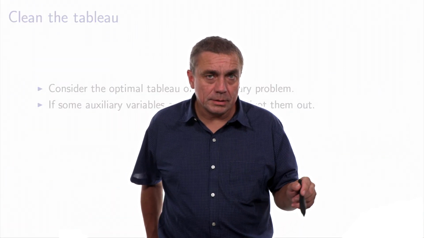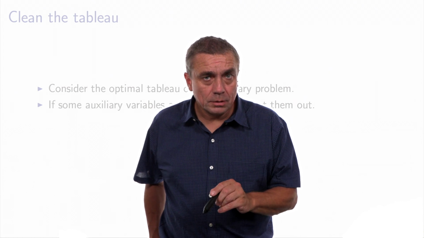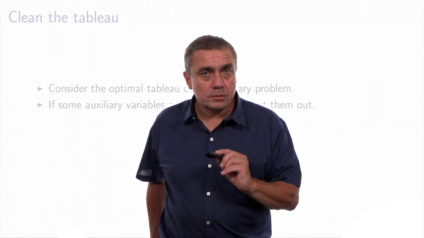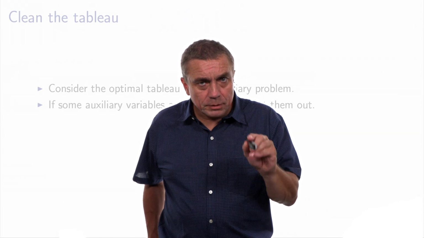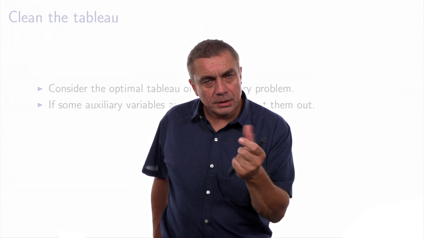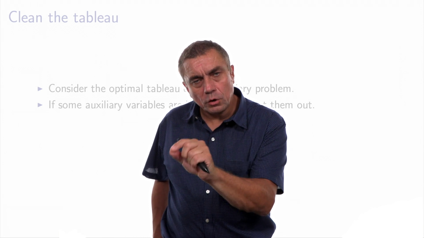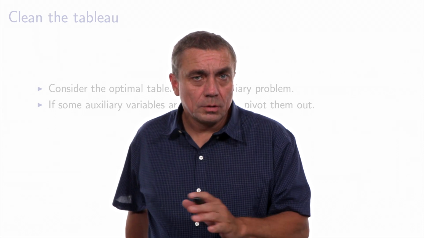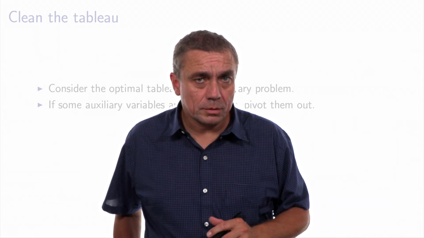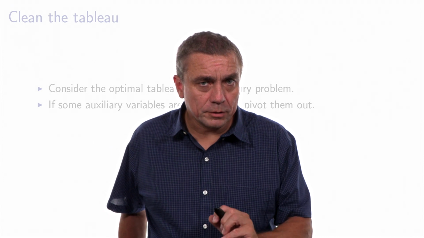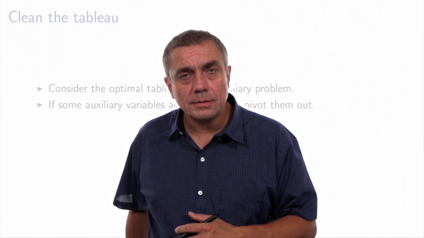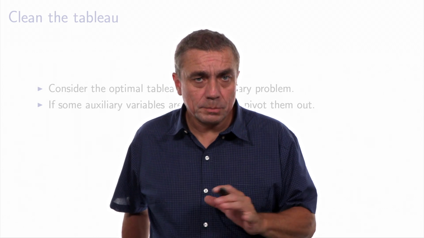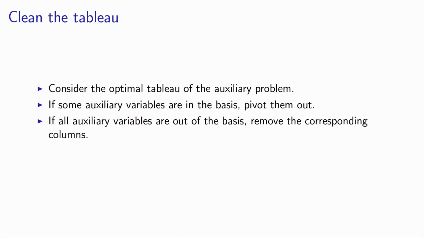Because the auxiliary variable is in the basis and is equal to 0, we are in the presence of a degenerate solution. So it means that this pivoting will change the basic representation, but the vertex of the polyhedron will be exactly the same. Actually, sometimes it's not possible to get rid of all the auxiliary variables. This will not be covered in the video. I refer you to the book and to the exercises in the MOOC to look at this specific case. When all the auxiliary variables are out of the basis, then you simply remove the corresponding columns.